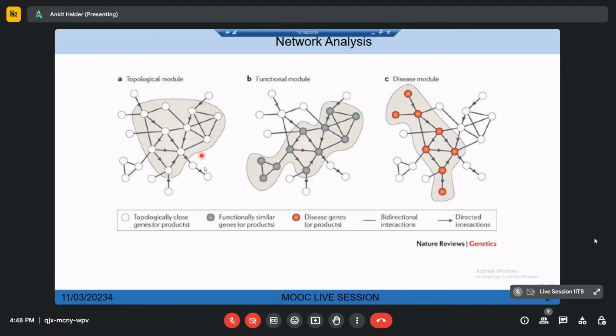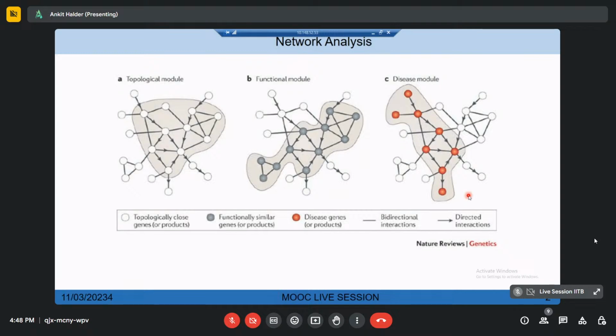For example, the topological module tells us about closely related genes. If one closely related gene is affected, then what is the effect on the next closely related gene? Then there is the functional level: if two genes are working towards the same function, for example on phosphorylation or post-translational modification of a protein, and get affected, then what is the further role in disease? Another is the disease module, where there are different proteins which are associated only with certain specific diseases,